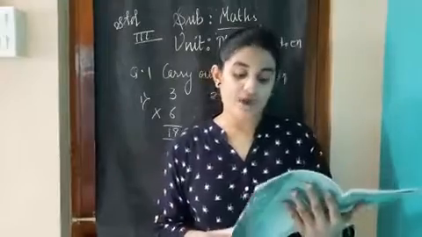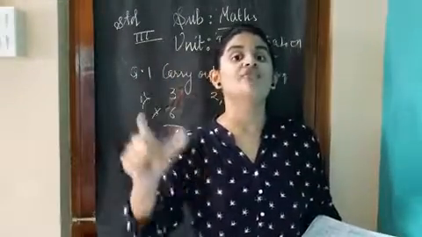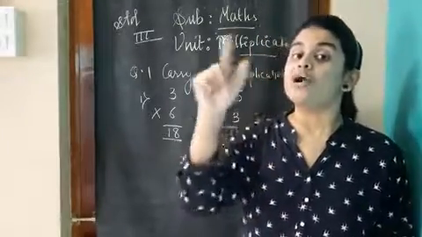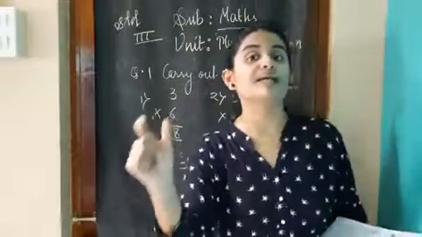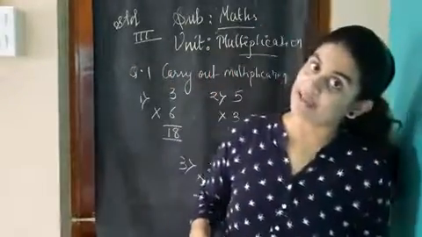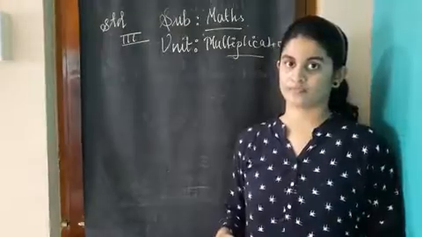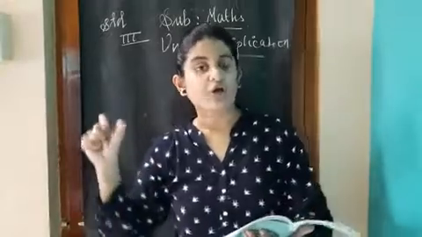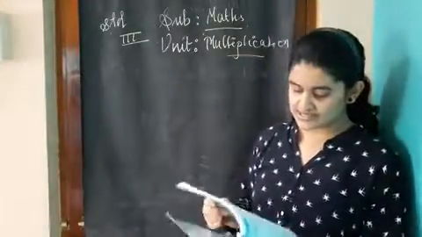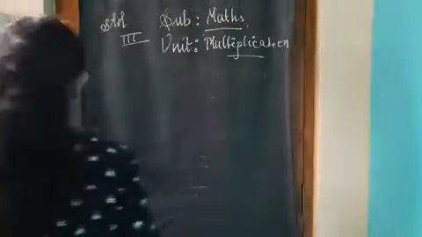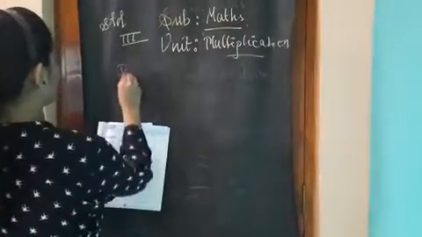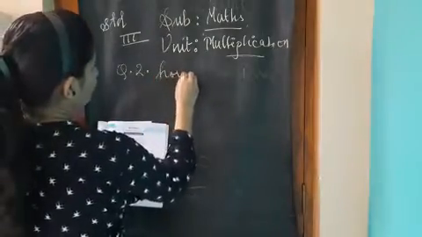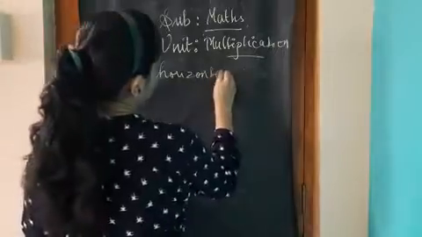And after that, we are going to see the properties of multiplication that I have taught you, right? I hope all students remember the 3 properties of multiplication. Okay? Students, now let us see how to write tables in horizontal manner. Okay, students? So, question number 2: arranging in horizontal manner.